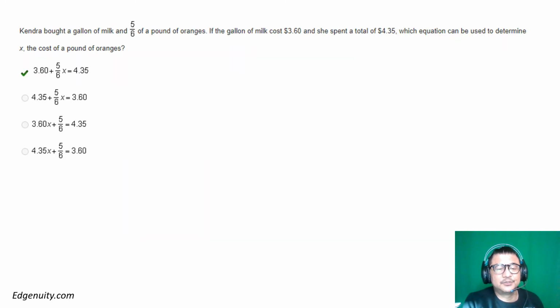Now let's read this Ingenuity problem. Kendra bought a gallon of milk and 5/6 of a pound of oranges. If a gallon of milk, we already know the price, is $3.60 and she spent a total of $4.35, which equation can be used to determine X, the cost of the pound of oranges? Ooh, let's see this. How do we do this? Okay. So first of all, Kendra bought a gallon of milk. Do you know how much a gallon of milk costs? We don't know. All right. And what else do I know? A gallon of milk costs